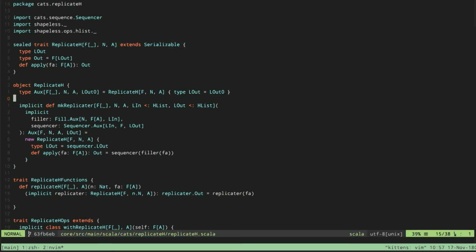This is some aux pattern stuff. Then ignore that. Here are the 2 type class instances that I actually need to be able to do this. And then really the only logic is right here. I just call through to the 2 type classes one after another, and it replicates this thing in the way that I want. I don't expect anybody here who doesn't already know how Shapeless works to see this,